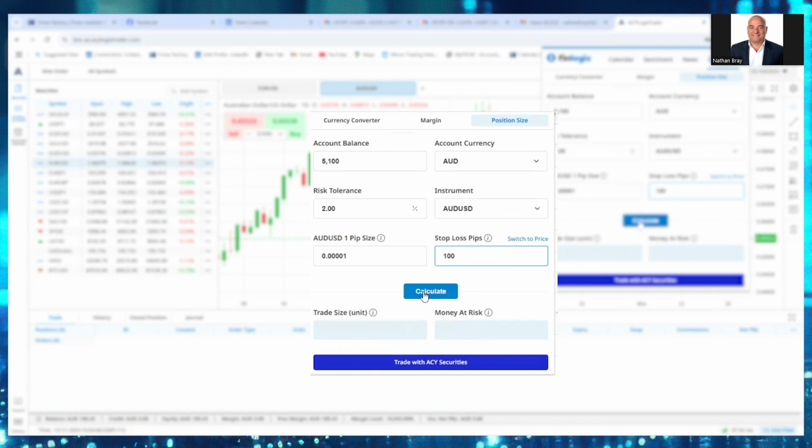So I can simply press calculate, and there it is. So it's telling me to do a larger trade size. Why? Because the Aussie against US dollar is cheaper compared to that euro. So I can now do 102,000, or just over a full lot, risking a very similar amount. So it allows me to adjust my trade sizes so that they maintain the same risk across different instruments